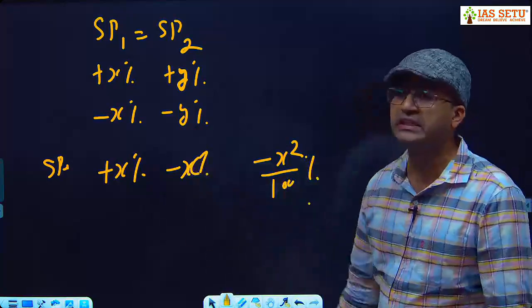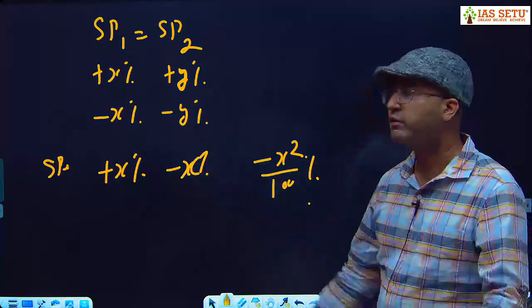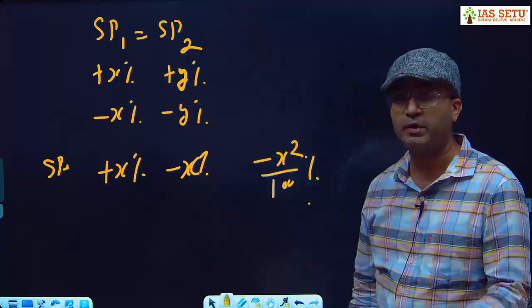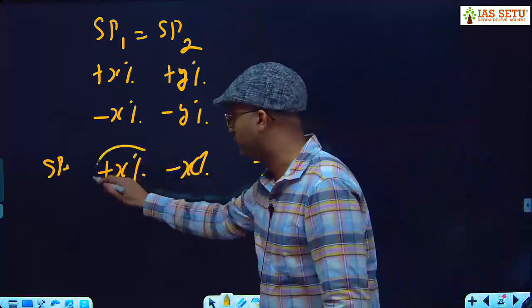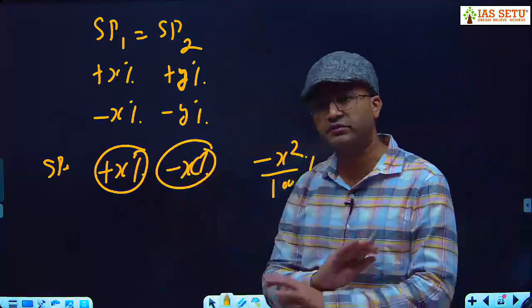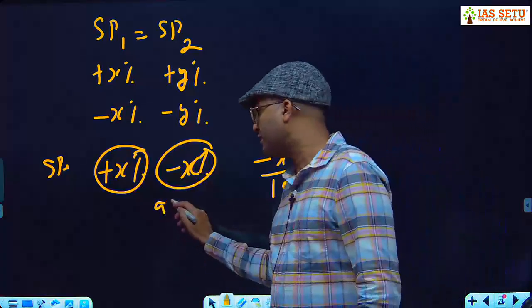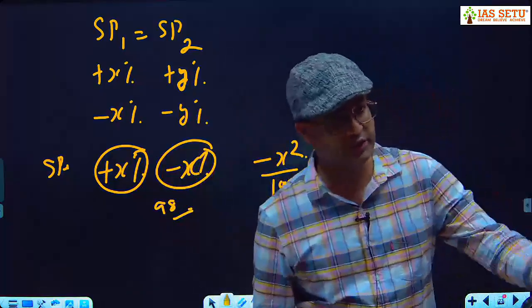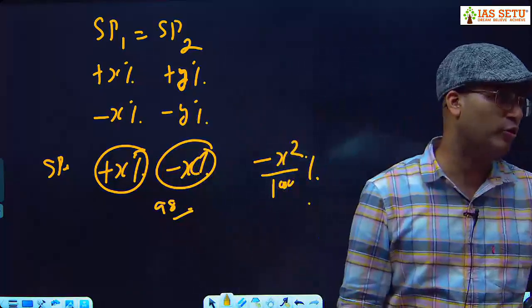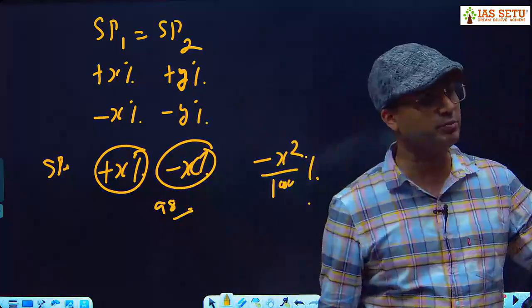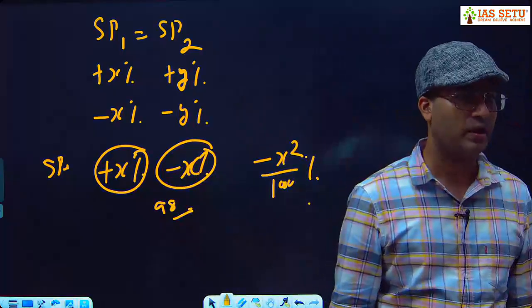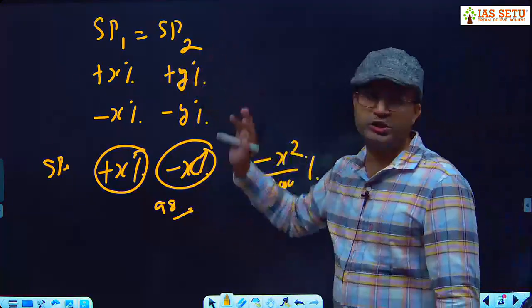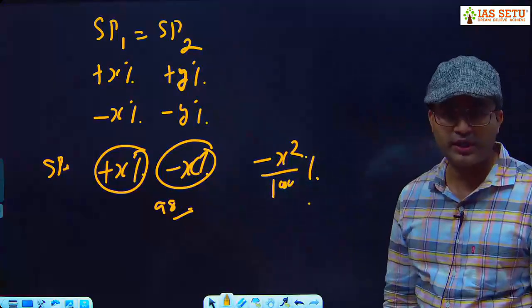Why is this special case important? If I ask 100 questions of this type, 98 questions will have this value. You can check any exam. It is fixed. 98% of questions have this: 10% profit, 10% loss, 20% profit, 20% loss, 30% profit, 30% loss. If any other question is asked, okay, like here,